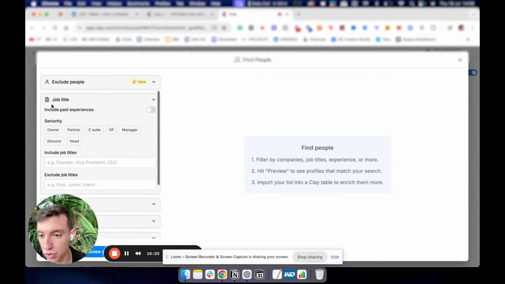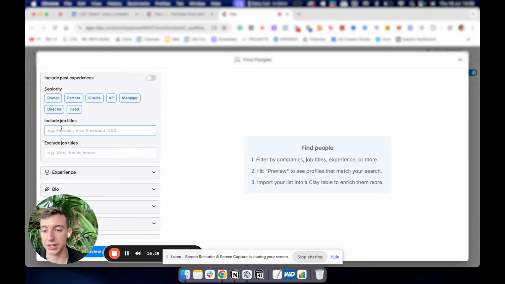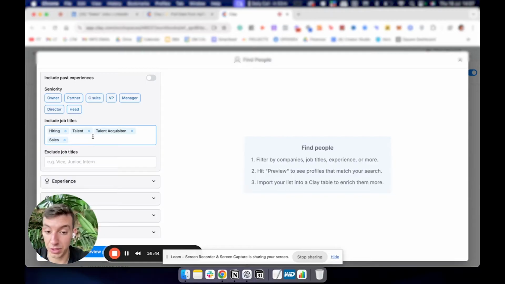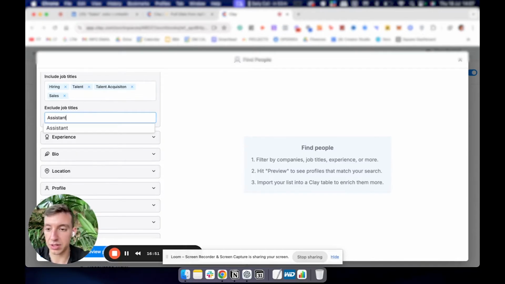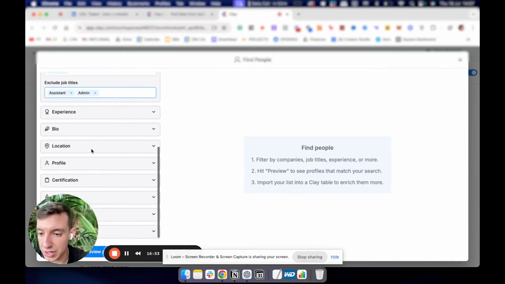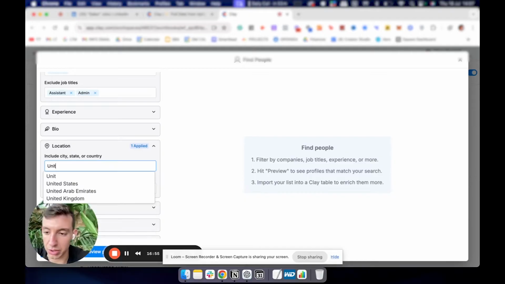And we're going to click over to job title, and we're going to select all of the higher seniority. And then I'm going to put in hiring, talent, talent acquisition, basically anyone that has to do with hiring for this company. Talent acquisition, because we're hiring for sales, it's more than likely going to be someone within the sales department as well. So those are the main ones that I'm going to do, and I'm going to remove assistant, admin. It shouldn't come up just in case, and then I can put in location, and I can put United Kingdom,